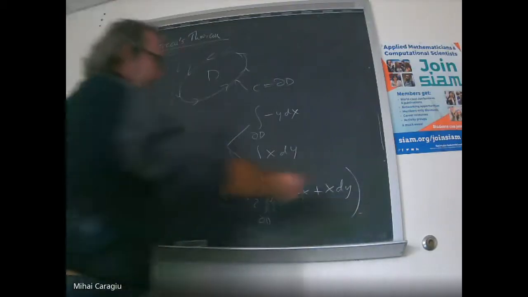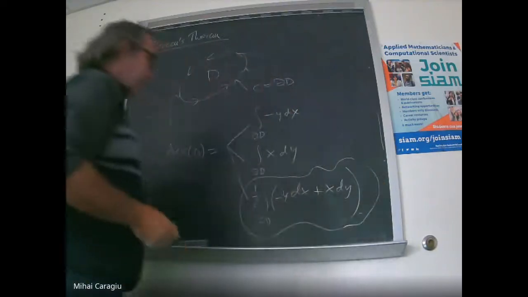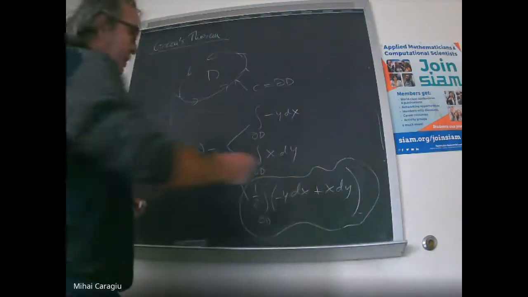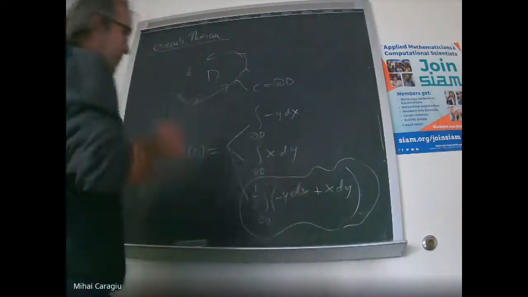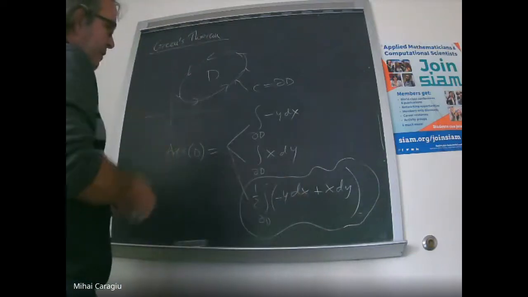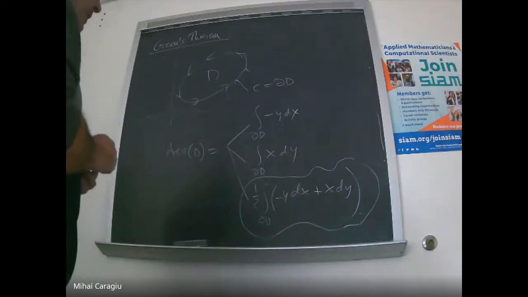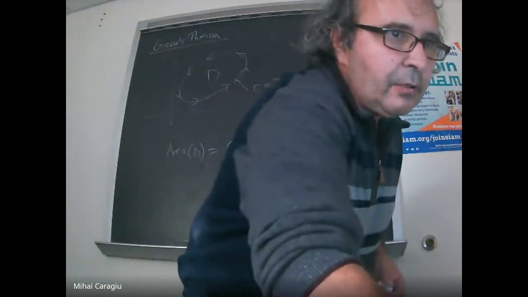So, for example, in the last example, P is minus y over 2 and Q equals x over 2. In this case, dQ over dx minus dP over dy is 1 over 2 plus 1 over 2 is 1. So we are about to integrate double integral over D of dA, which will be the area of D in all cases. Okay, so that's basically an overview of what it